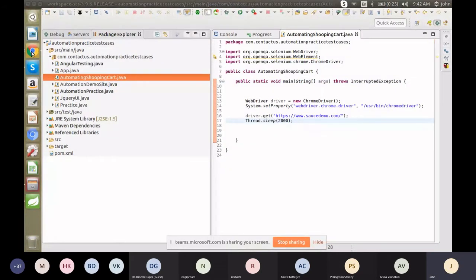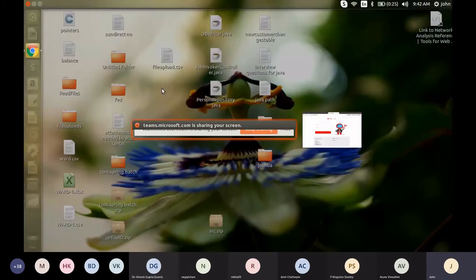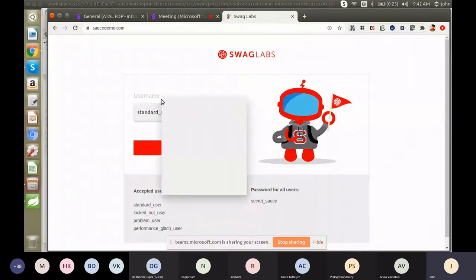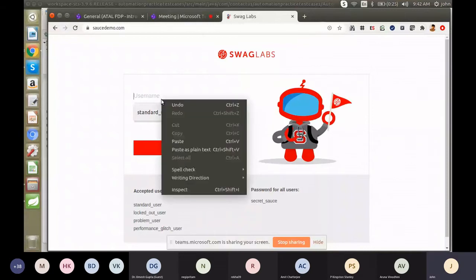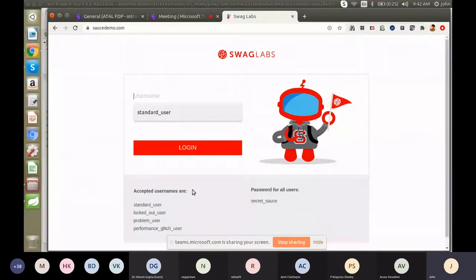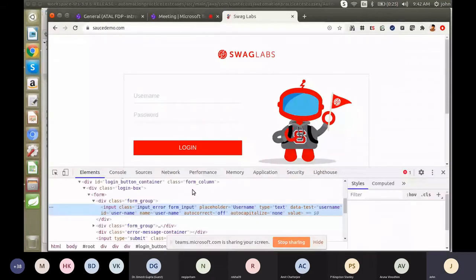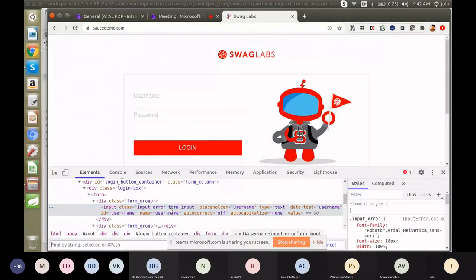Now what we have to do is take the XPath or ID for the text boxes, username and password. So we have to click this username and then right click and inspect.